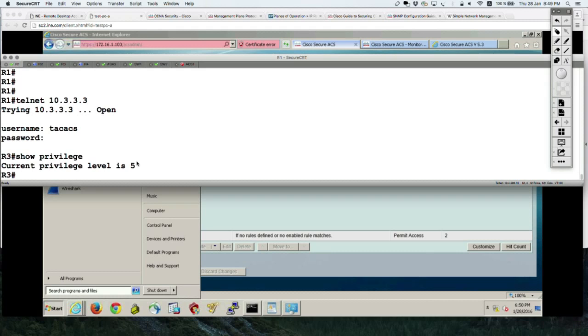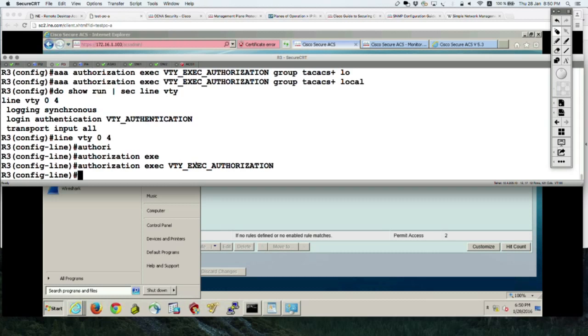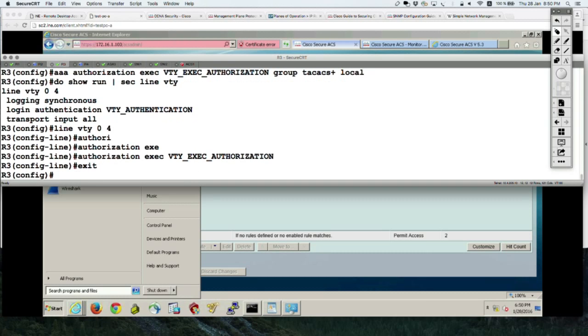Of 5, sorry, not at 6. There we go. If I want to get access to 15, because only privilege level 15 allows me to have access to all commands, including conft, so configure terminal, to configure the router, then I have to configure the enable method in here. So I want to say for those users that have not been by default granted access to